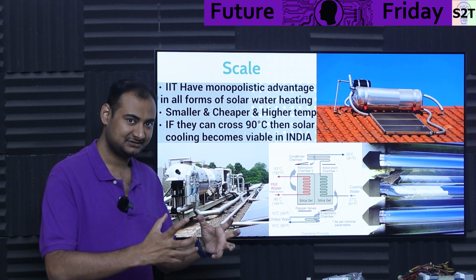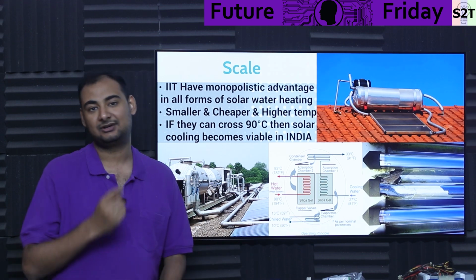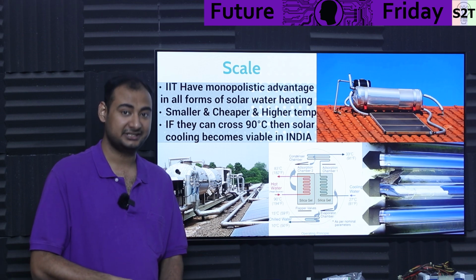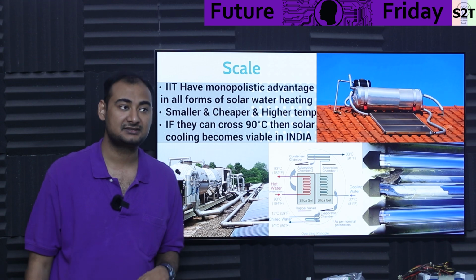Again, we have the amps. The sun has more than enough amps. We just need to increase the voltage. So this coating ideally allows us to break through that. Again, they were claiming they can touch 120 degrees Celsius. If at load they can reach it, then even at 51 degrees Celsius, we may be able